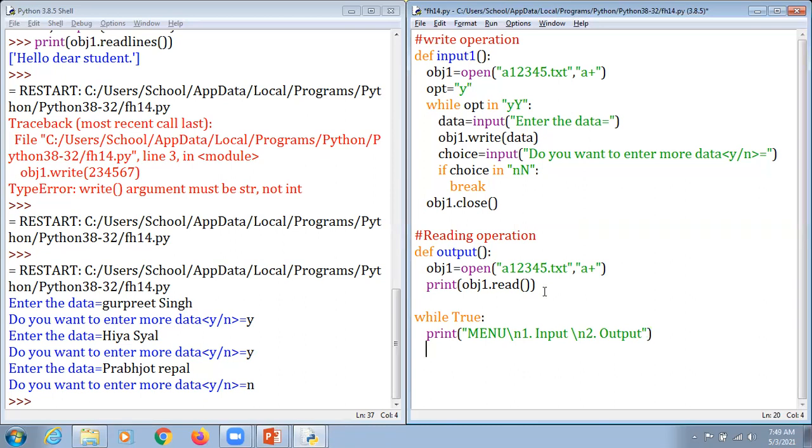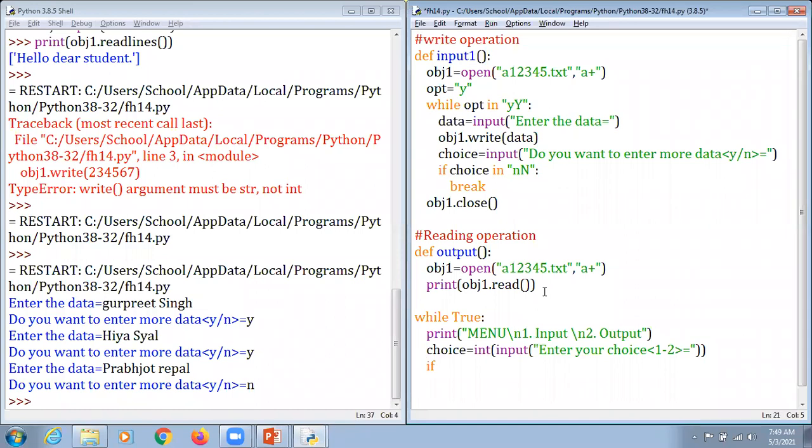And my dear respected students, I'm just going to talk about a choice and accept the choice from the user in input, and mention enter your choice, whether it is 1 or 2. Okay, it's great. Now we are just going to hit the enter key here.